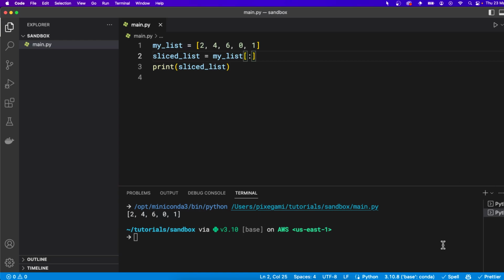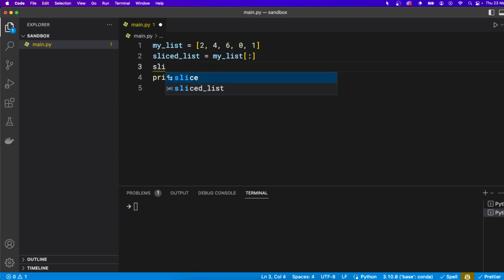And it's very common that you want to do something with a list, but you don't actually want to modify the original list. Like, you want to keep that state in case you need it later. So here I've cloned my list. And just to demonstrate that, let's remove some items from the list. So I'm just going to pop one item out of my slice list.